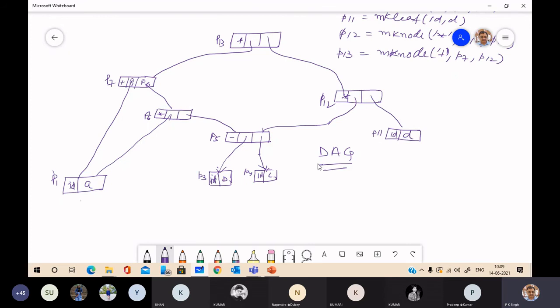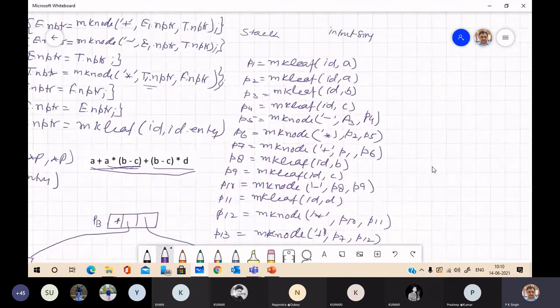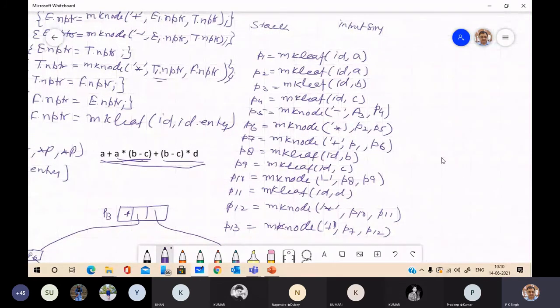Now see how we can, graphically it is easy to convert a particular syntax tree into a directed acyclic graph. How can we do it through a program? These are the sequence of calls.